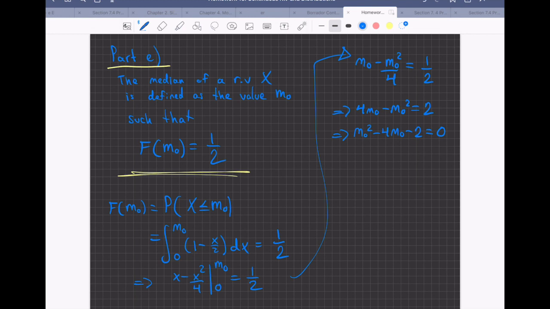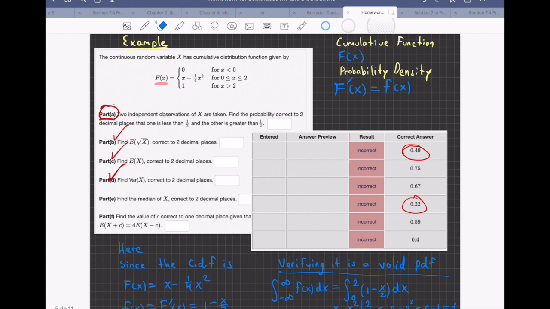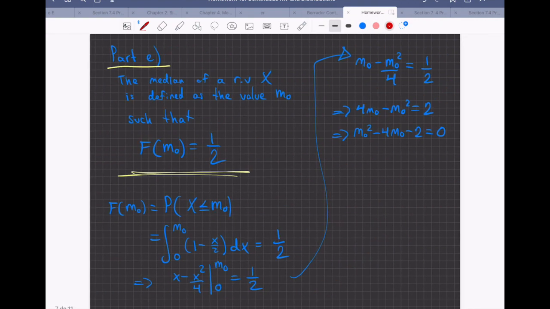Quadratic equation. So this can be simplified; you will have to use the quadratic formula for this. If you use the quadratic formula, you will get two values, but the value you should get is this one, 0.59. When you solve this equation, you will have two values, but the value that is correct should be